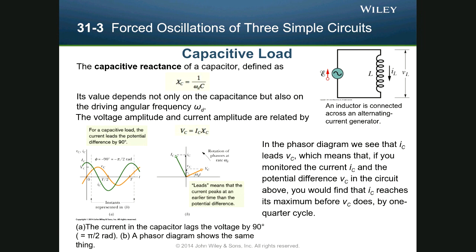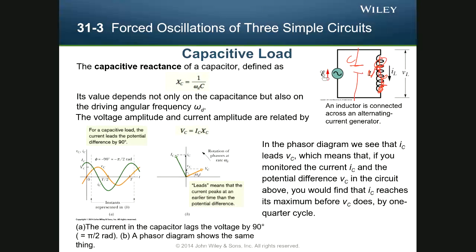we'll just have to cross that out and make this a capacitor. You'll notice X sub C is equal to 1 over omega_D times C. The capacitive reactance again gives us this quantity in terms of ohms that allows us to look at the voltage across the capacitor, and it's just I times that capacitive reactance. But you'll notice that the reactance depends on the capacitance itself in the circuit, and the driven angular frequency of the forced